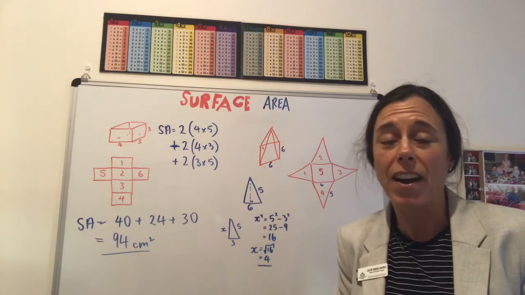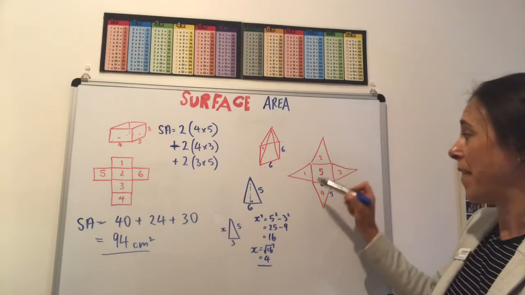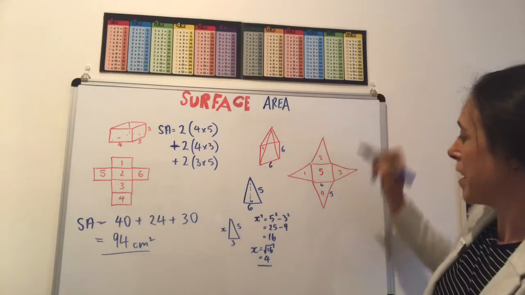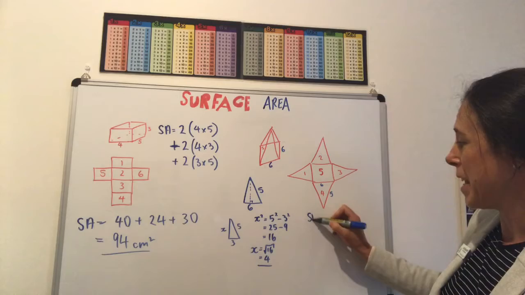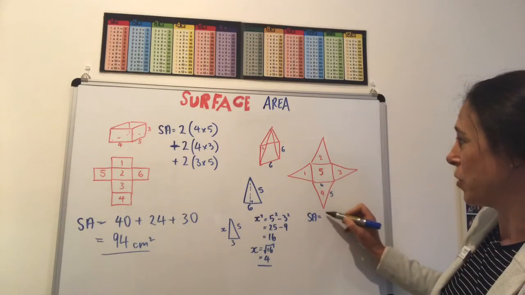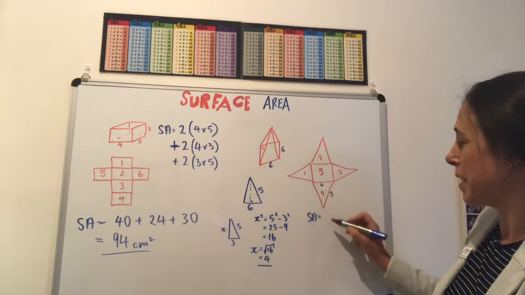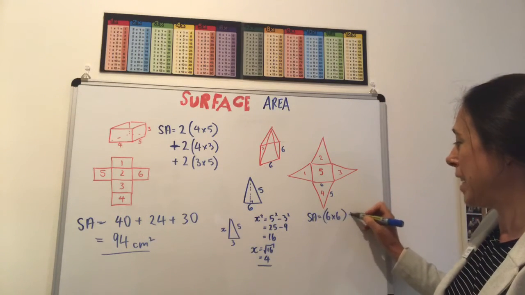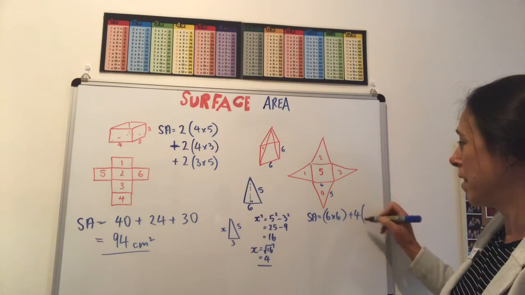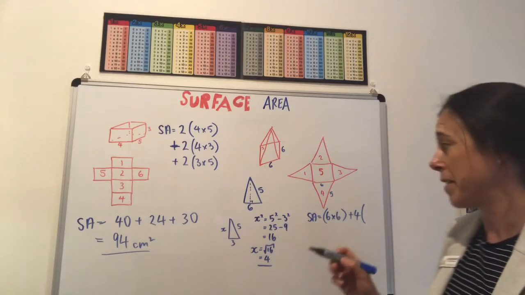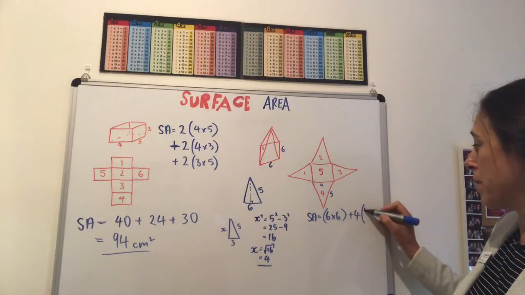Okay, now we've found the height of our triangle, we can find the area or the surface area of this shape. So our surface area is going to be 1 of the base, so we just do 6 times 6. And then we need to add on 4 of the triangular sides. So the area of a triangle is half base times height. So we're going to have 4 lots of half,